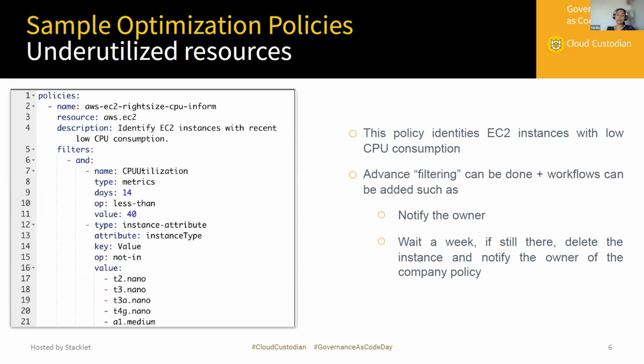The next one is underutilized resources, right? Where we use a specific metric, for example, CPU utilization. We look for EC2s that are barely or minimally used, but they're up and running, so they do cost, right? It's not like they're stopped or terminated, where we get either very little or zero spend. So this is very important, right?